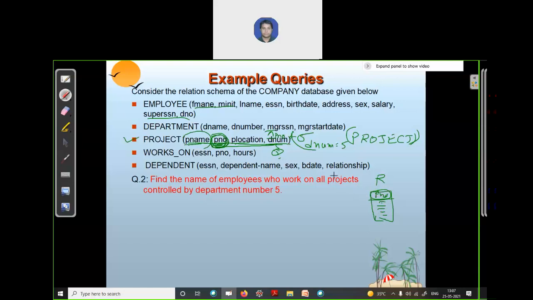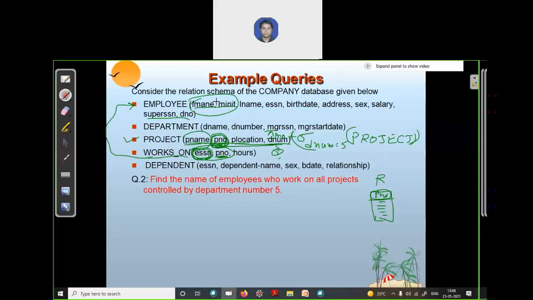There is no attribute of employee having p number, so you cannot directly find the name of the employee by p number. But the works on relation has p number and ESSN as attributes. So using this relation, you can find the ESSN of the employee. If you find the ESSN of the employee, you can easily combine these two relations, works on and employee, and find the name of the employee.